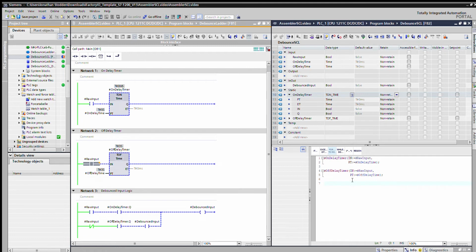So we're going to say debounced input, local variable. We're going to do an assignment. So our colon equal sign says that this equals the RLO, or the result of logic operation, that's over here. So in the same way, this is equal to these two, or this is equal to these three. So we're going to say this equals raw input